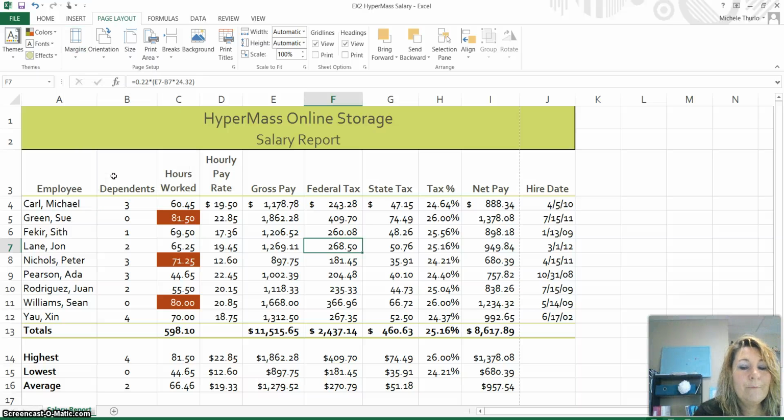Okay, you didn't really see much happen. However, if you notice, you should have a little dashed line over here. That is showing you where the edge of your paper is. So if I was to print this the way it is right now, column J with the hire date is not going to be on the same page as the rest of my information, and that would be bad. So even though I've made my margins narrow,